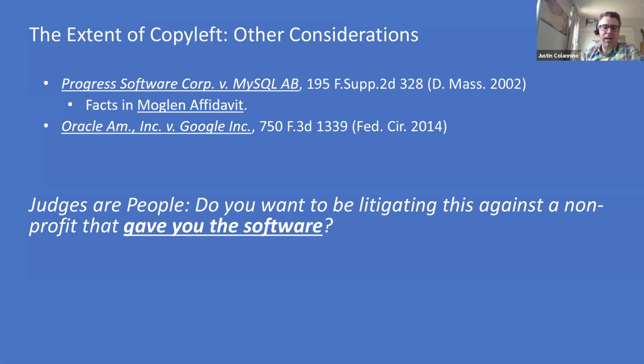And so litigating, especially if it's a nonprofit on the other side, it's a tough call. The Free Software Foundation says dynamic linking creates a derivative work, full stop. Or we think it probably does. They're not giving you legal advice. But if you were litigating against them, do you really want to be in that position, if they gave you software, told you what the terms were, told you couldn't do something, and then you did it anyway? And falling back on technical arguments before a judge who's probably not technical. That's a hard row to hoe.